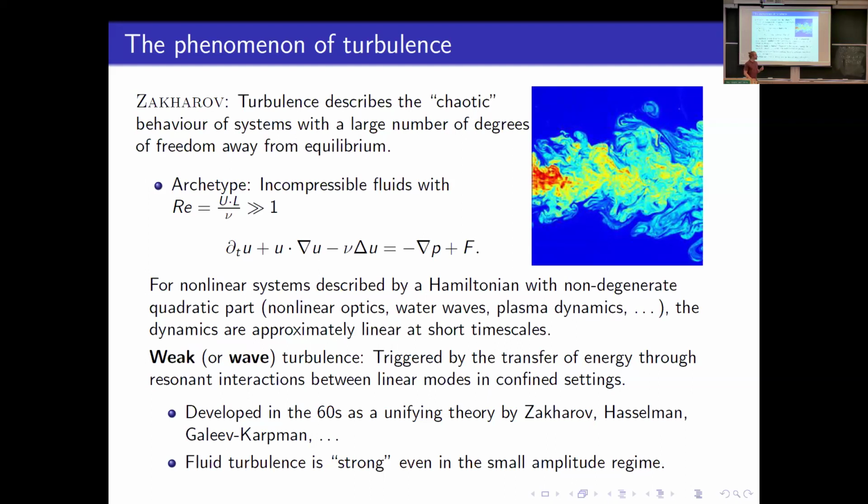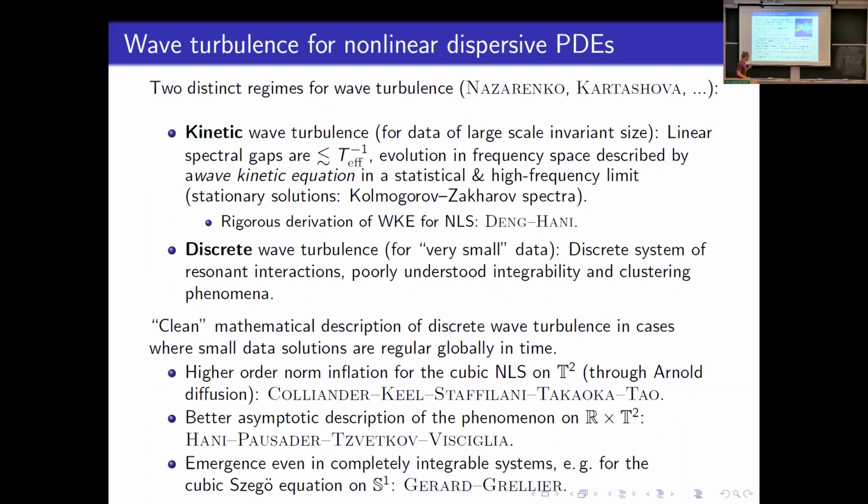It was quickly understood, however, that fluid turbulence is not, even if you look at small, let's say, initial velocities, it will never be weak turbulence. This is because essentially, if you look at the quasi-linear term, there is a u coming here, so you're never sort of close to a solution of a linear equation. But anyway, this is, let's say, the theory that people usually call weak or wave turbulence, but